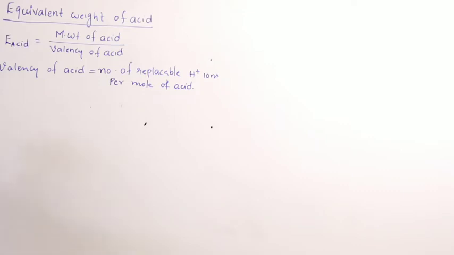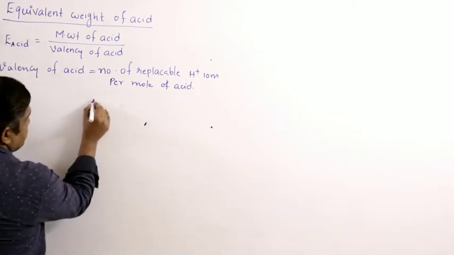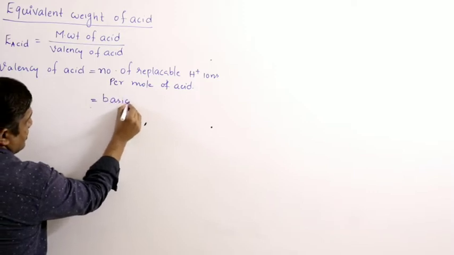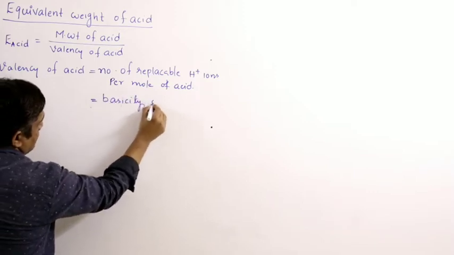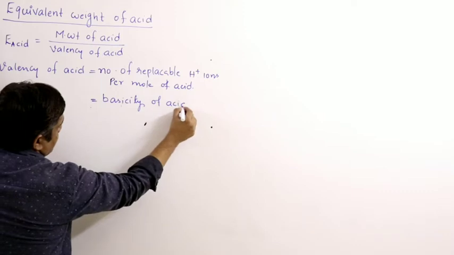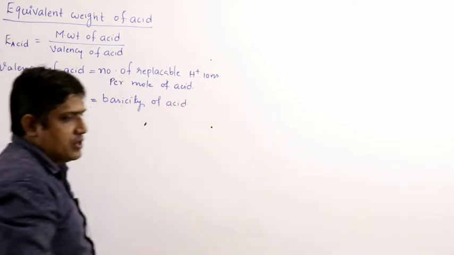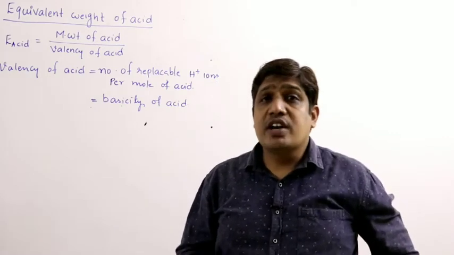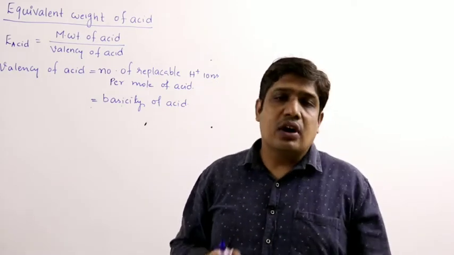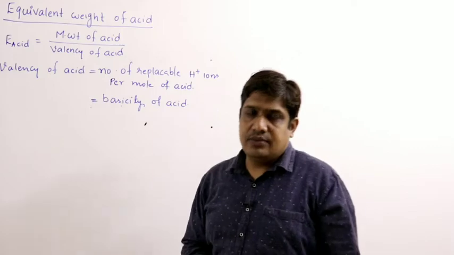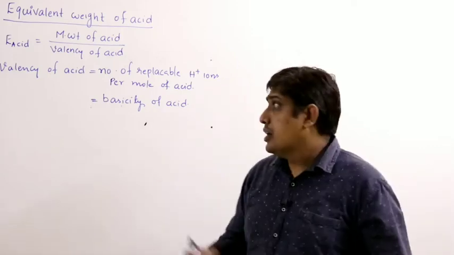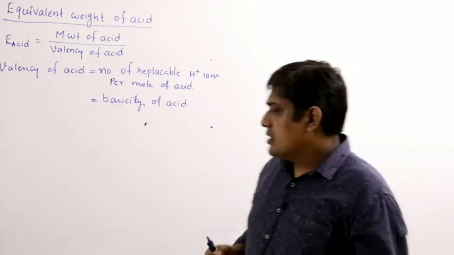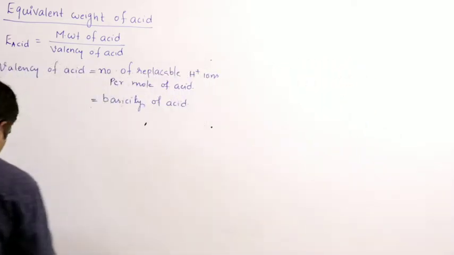Right. Or you can call this as basicity of acid. So what is this? Basicity of acid, number of OH minus ions required to neutralize 1 mole of acid. Number of OH minus ions required to completely neutralize 1 mole of acid. So we will see one by one. Right. So let us start